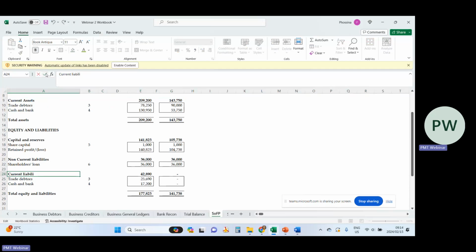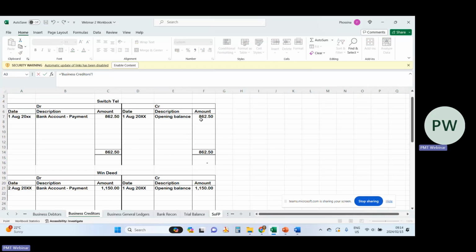So our current liabilities, those are the liabilities that we expect to settle within the coming 12 months: trade and other payables, and then we also have our income tax payable. Okay, so I'm going to delete that. And then when we come to our trade payables, so we had said we've got opening